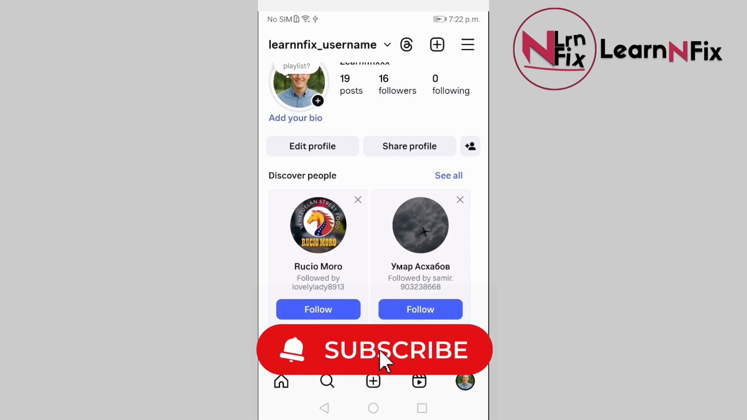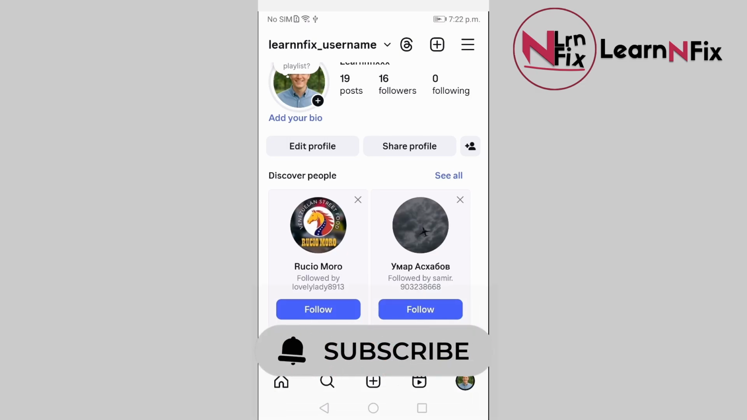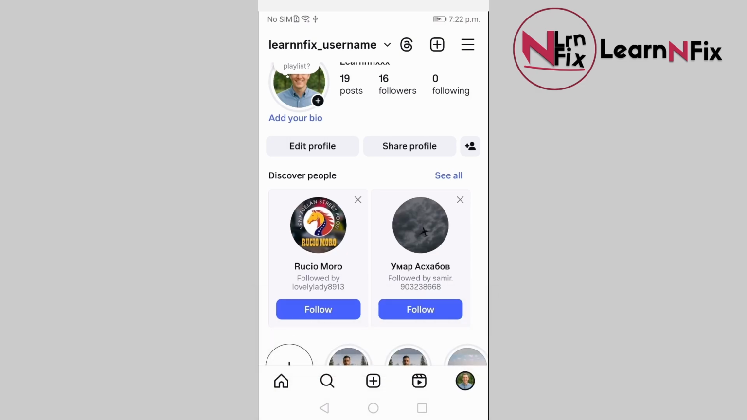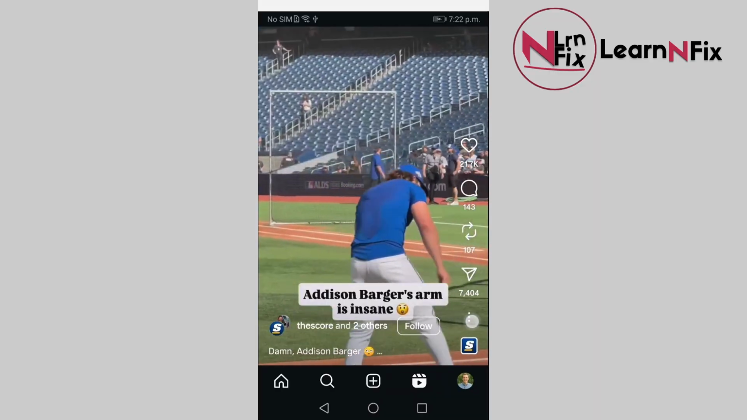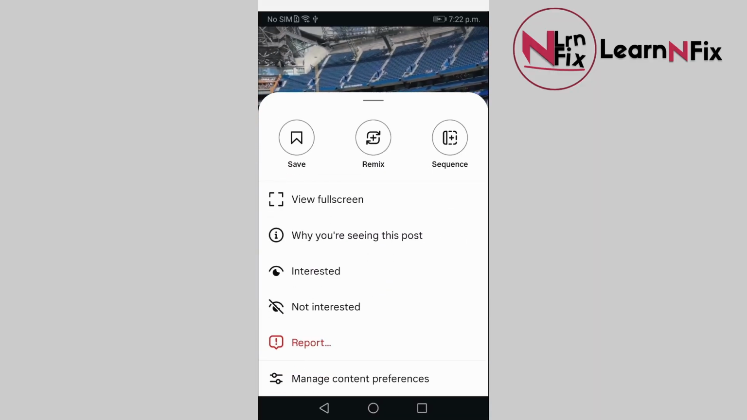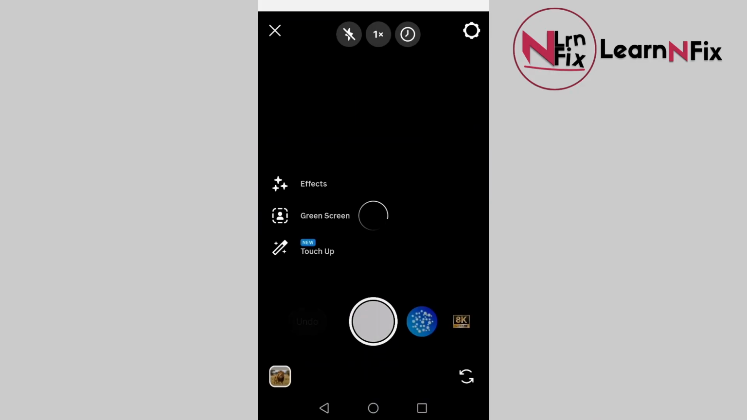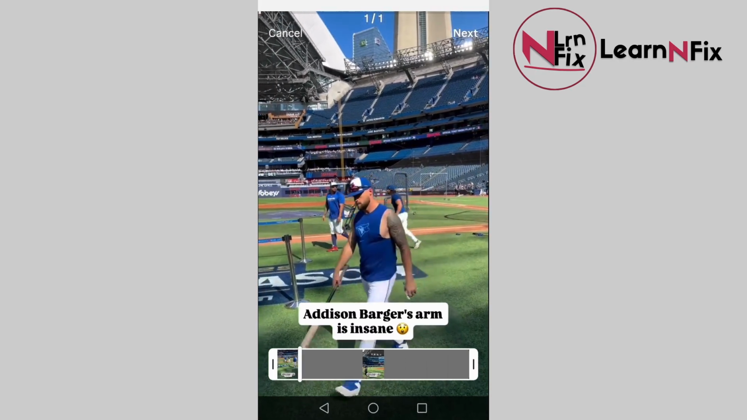In this video, I'm gonna show you how to do a sequence for an Instagram reel. So first, you wanna click on this tab where it shows the Instagram reels, then choose an Instagram reel like this one, and then click at the bottom right of these three dots, and then you wanna click sequence, and then here you want to click next,